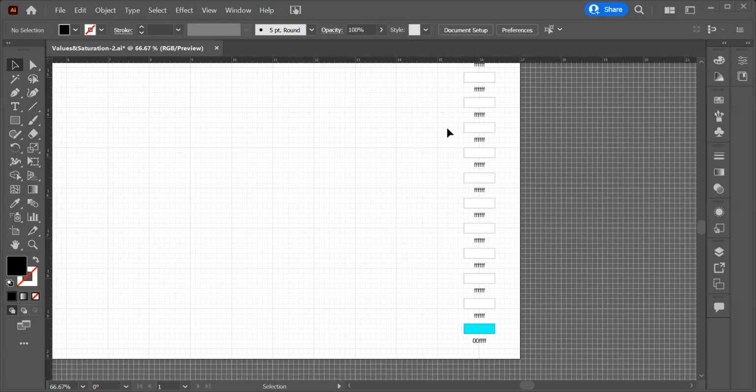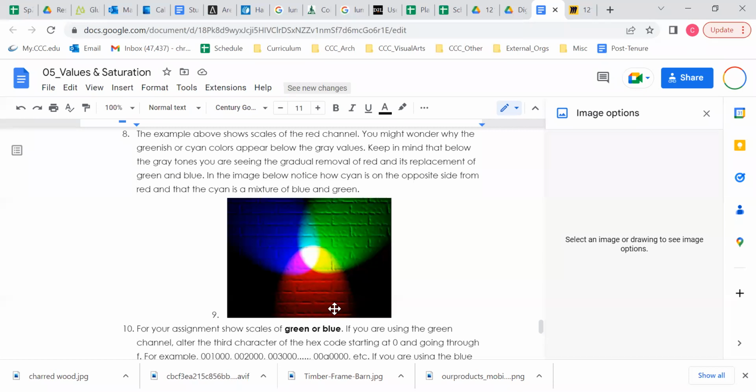So I've gone ahead and changed the color. I'm keeping the Fs all the same, but I'm changing the red channel to 00, in other words, no red. You may wonder, well, why did it turn this cyan color? If you remember when we were talking about this color model, it works under the assumption that light is controlling what you see, and that's why this color model is a digital